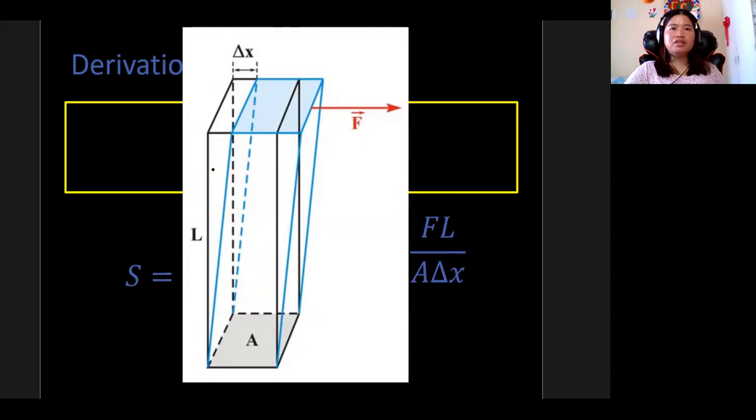Now, because of the stress that you apply on the object, it is able to change the shape of the object. So there's a decline, there's a movement to the right because of the force. Because of this, you can see now in reference to the length, we have the change in shape.